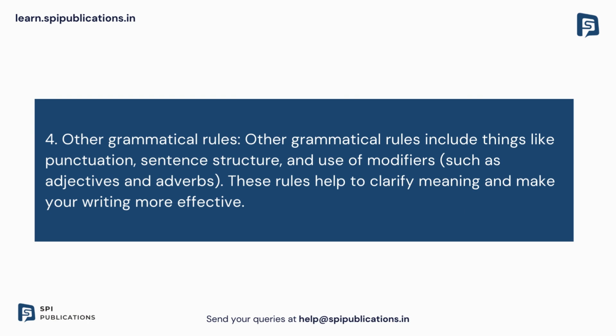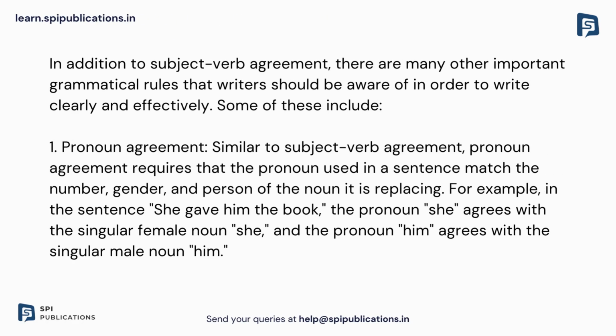4. Other grammatical rules. Other grammatical rules include things like punctuation, sentence structure, and use of modifiers, such as adjectives and adverbs. These rules help to clarify meaning and make your writing more effective. In addition to subject-verb agreement, there are many other important grammatical rules that writers should be aware of in order to write clearly and effectively. Some of these include: